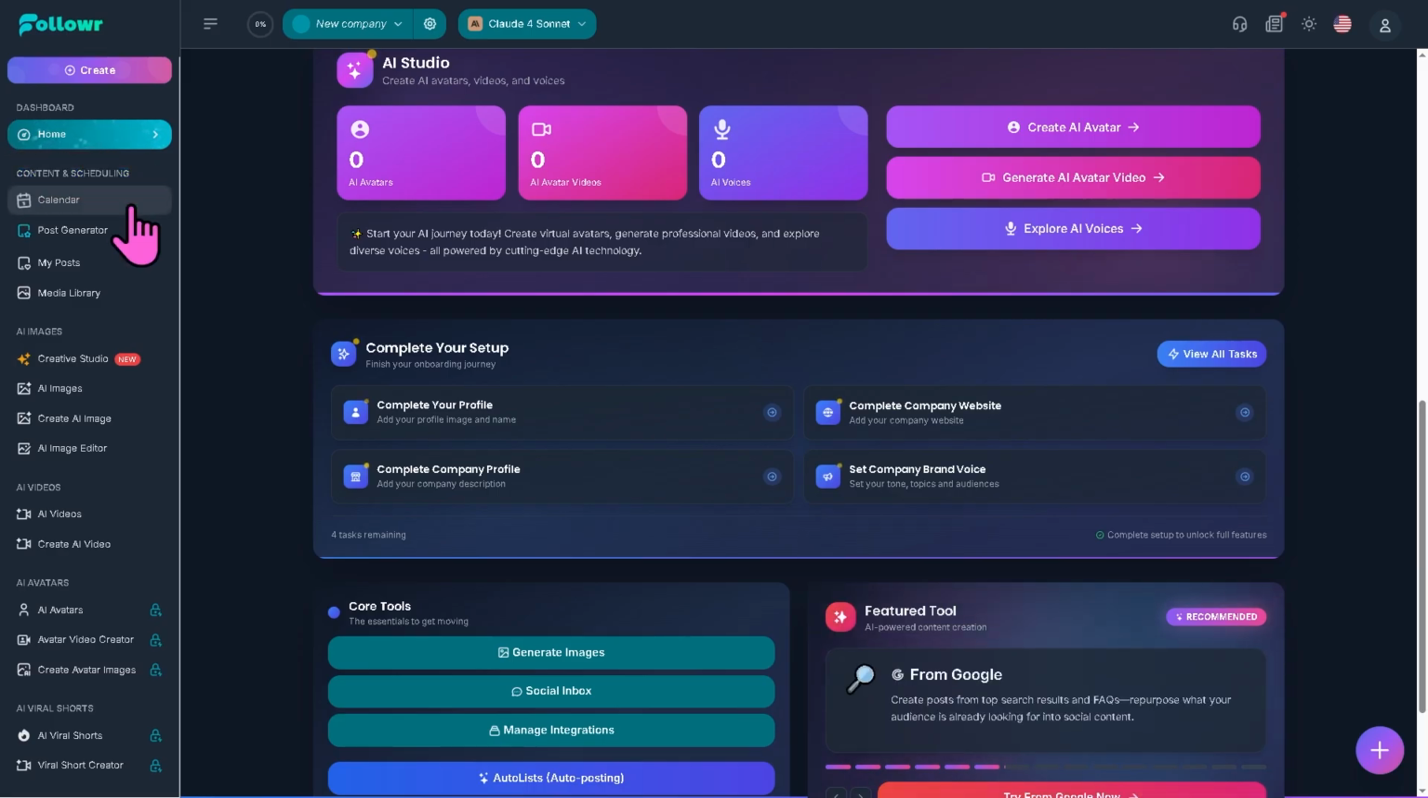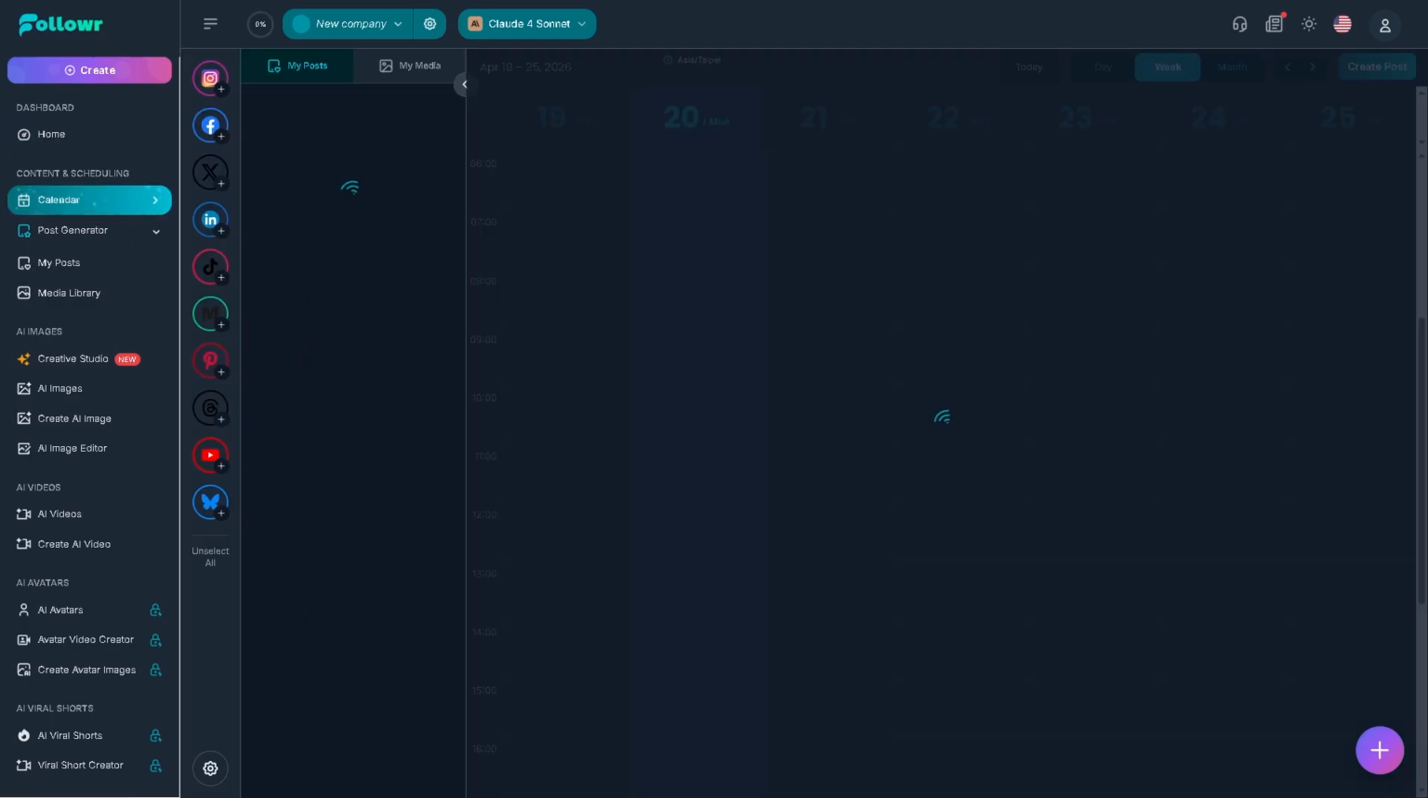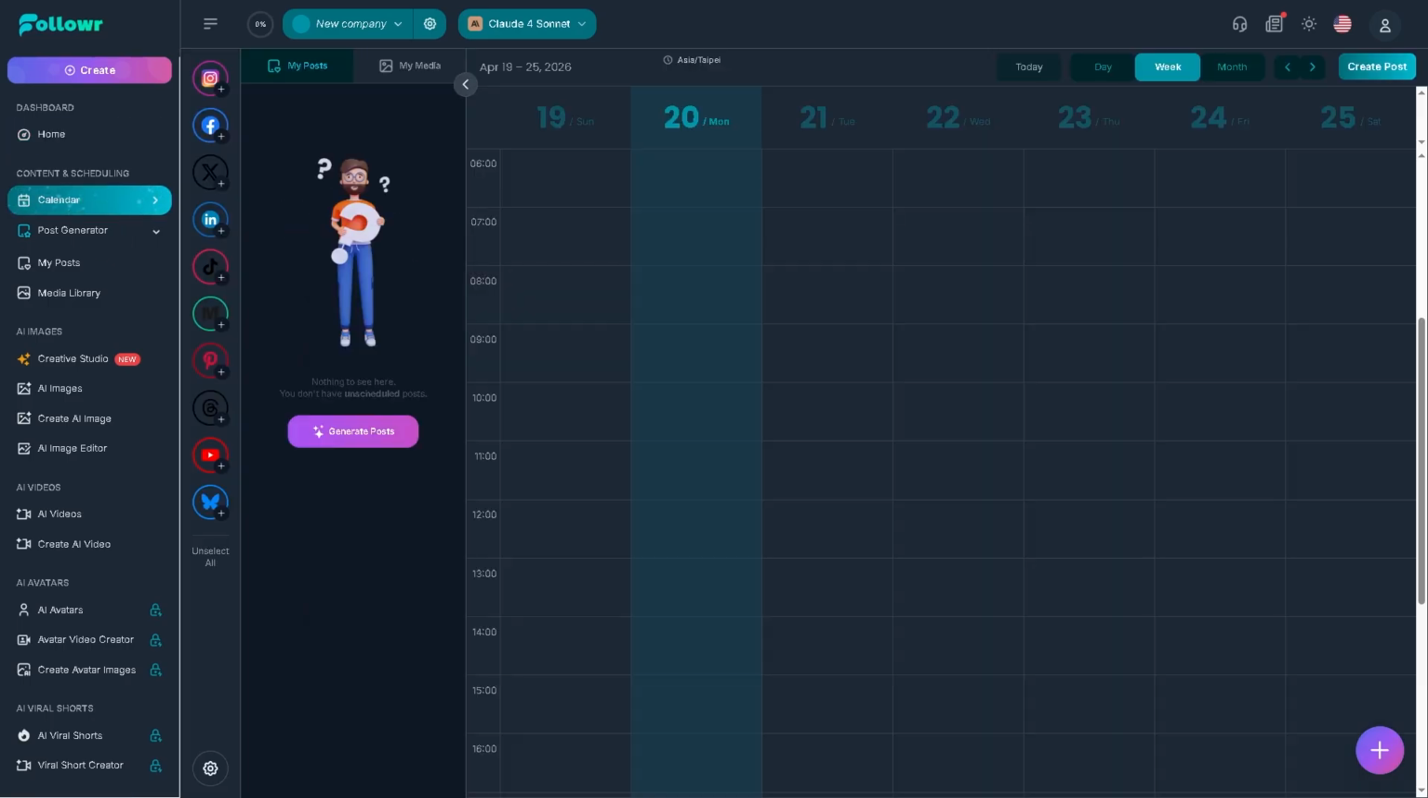For the content scheduling, you have 4 different subsection tools that you can use. Number 1 is going to be the calendar. The calendar is the visual view of your scheduled posts. So you can see your upcoming posts by date and drag to reschedule content. You can also generate posts directly here, but we are not going to do that because we are going to explore the post generator,